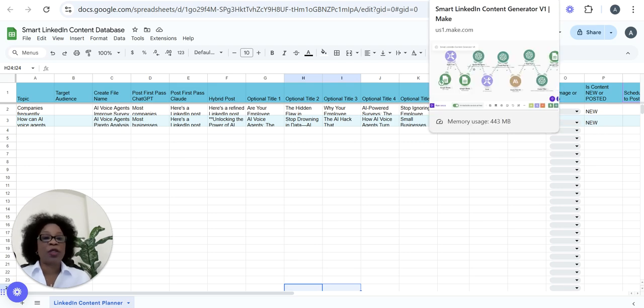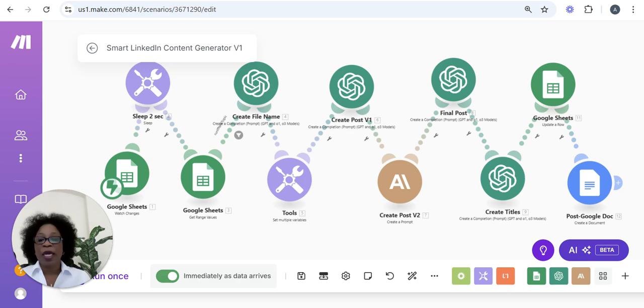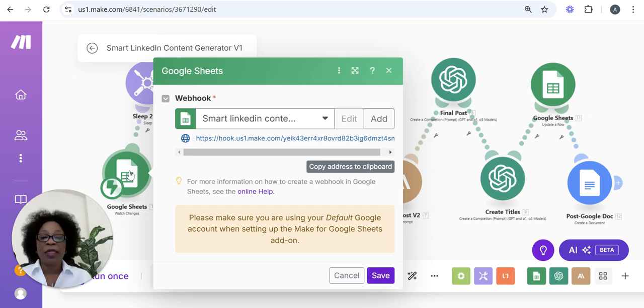So now let's go back to the automation and start dissecting it. The first portion, this here, is creating a webhook that is going to be used in the spreadsheet. All right, so